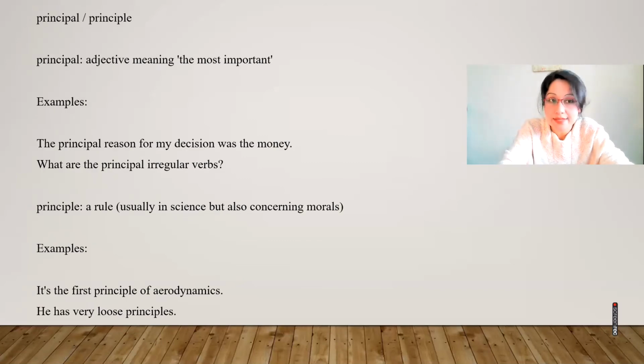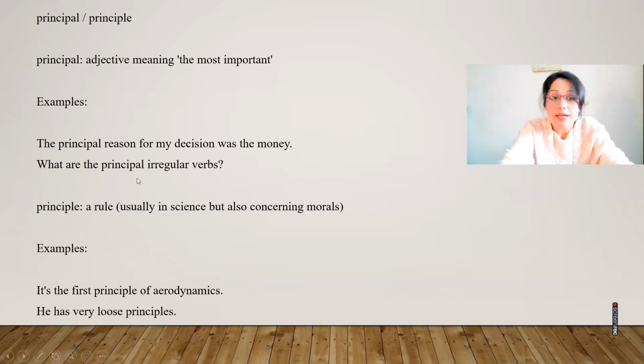And then you have your principle and principal. Yeah, the pronunciation is exactly the same, but one with PAL. Principal is the adjective meaning something the most important. So the principal reason for my decision was the money. So let's say somebody asks you, why did you take that post? Why did you accept the offer? You had an offer in a company, and then somebody thought that it was not good enough for you. And then what you said was, the principal reason for my decision was the money. I took it for money.